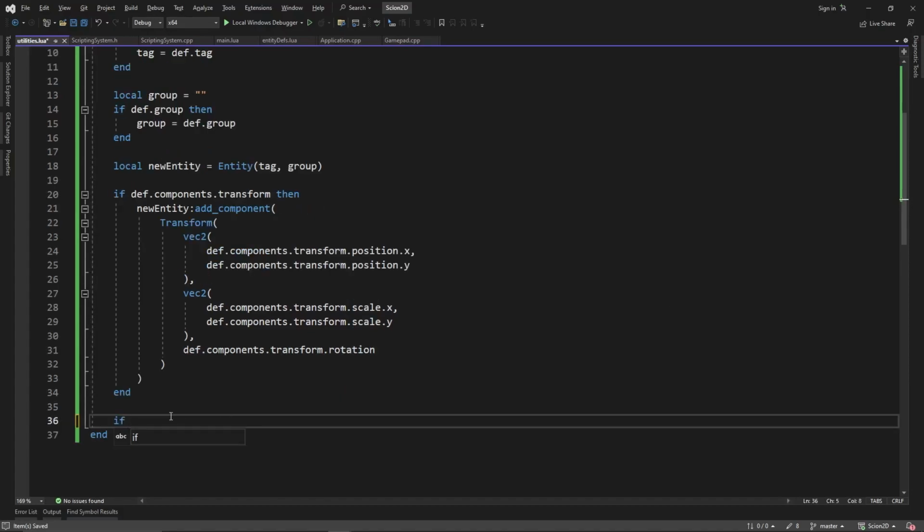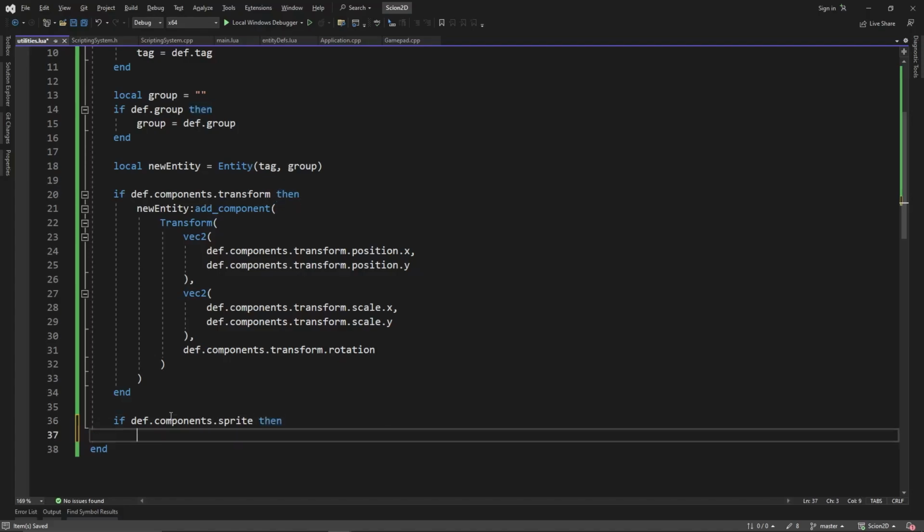So we go if def.components.sprite, then local sprite. We're saying local sprite because we want to get the sprite back. The reason why we want to get it back is because after the sprite has been added, we're going to want to generate the UVs. We still haven't put that inside the engine to do automatically. So we'll go new entity, add component,